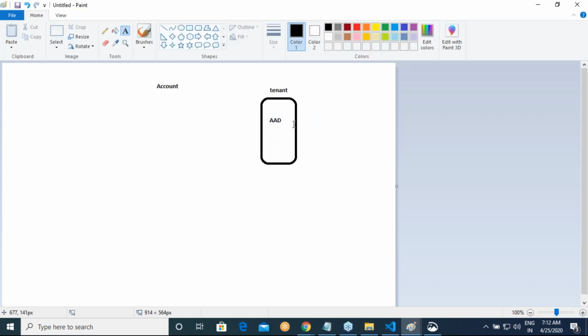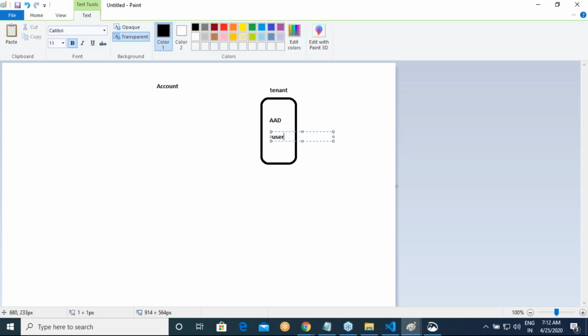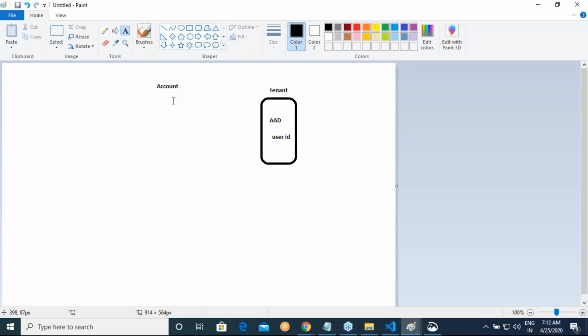And in this, you will have your user ID. First, an Azure account is created, and for that, a tenant is created. A tenant is nothing but Azure Active Directory.